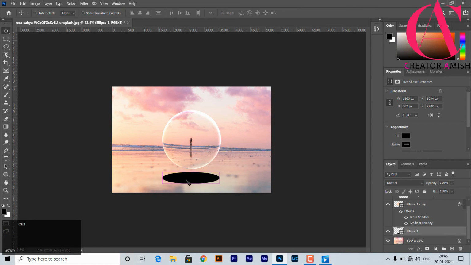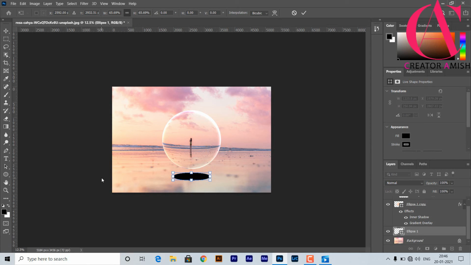This is for making the shadow. Let's just transform it. Your smart guide will help you. Rulers will help you to align it to the center.